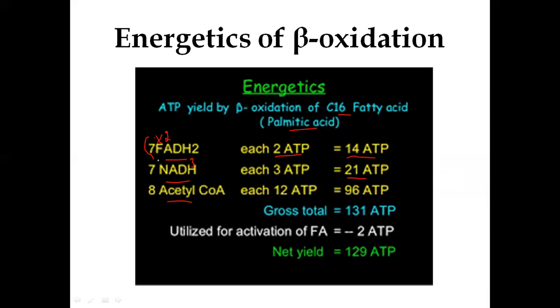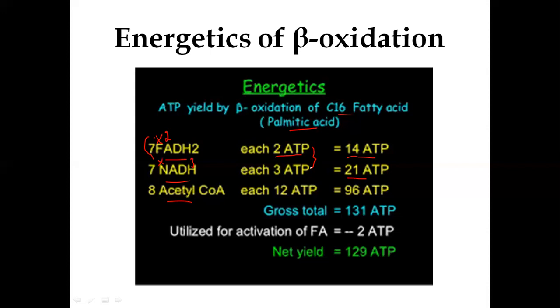That is 7 into 3. When 7 is multiplied with 3, you will get 21 ATP. So in all this, you should know how many ATP molecules will be formed per molecule of the reducing power or the other biomolecule. Only when you know all these things can you calculate the number of ATP molecules formed per molecule.